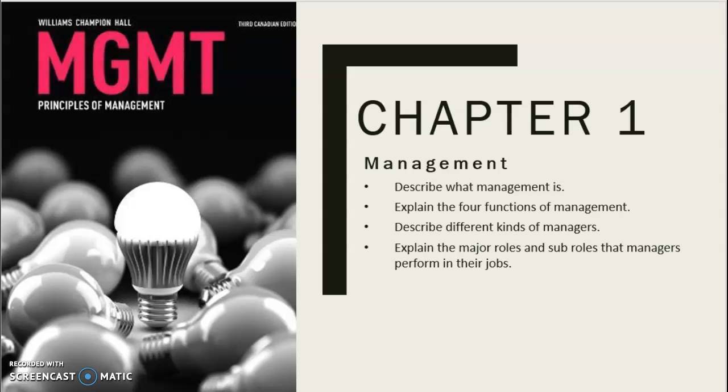The content of chapter 1 is really what the job of a manager is. In this chapter, we learn to describe what the job of a manager is, what the 4 functions of the manager are, the different kinds of managers, and the major roles and sub-roles that managers perform in their job. Also, we saw exactly what companies are looking for in managers, so we discussed the major errors that managers make in their job, to finally see the process that employees go through when they are promoted to